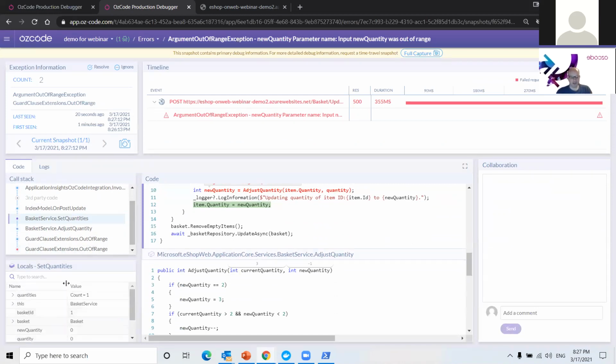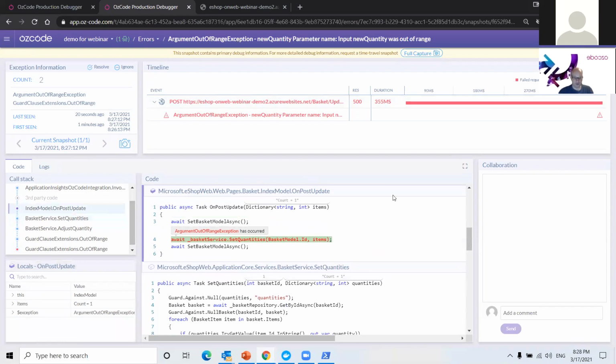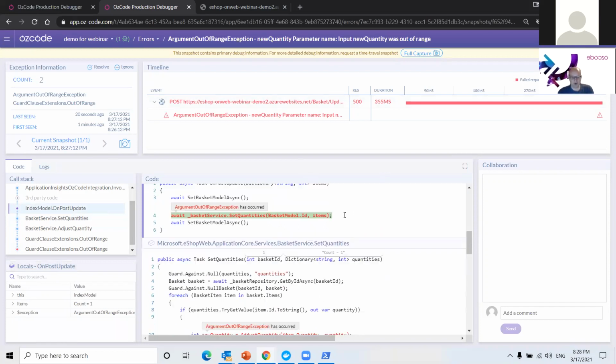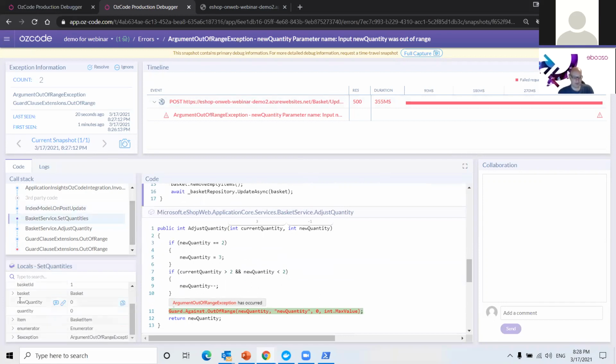So this is really just the equivalent of having a dump file, right? And I instantly see the code. I didn't have to do anything. I didn't have to do all the nasty work you have to do to analyze a dump file to get all the code, all the local variables, and I can just peer in and understand exactly what the state was at the moment that the exception happened. But this is only where the magic starts.